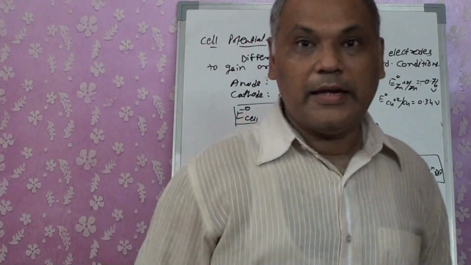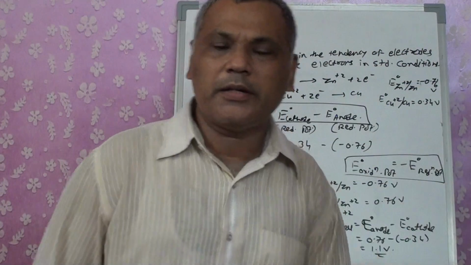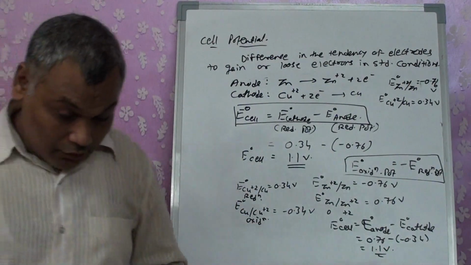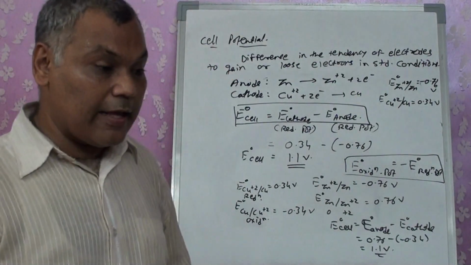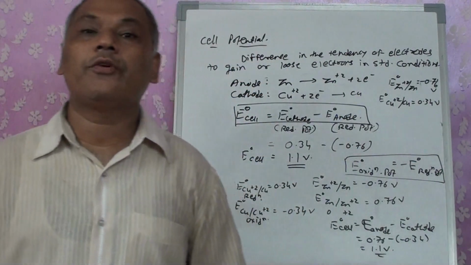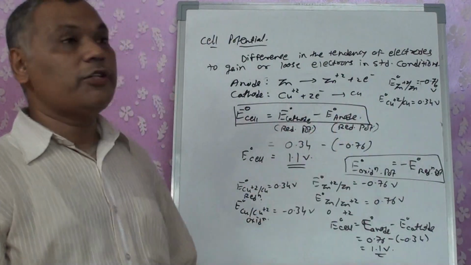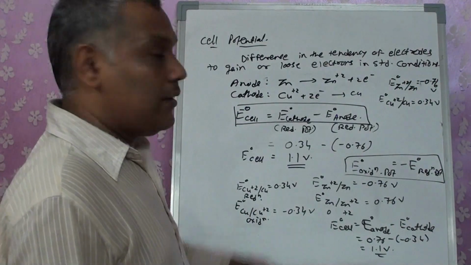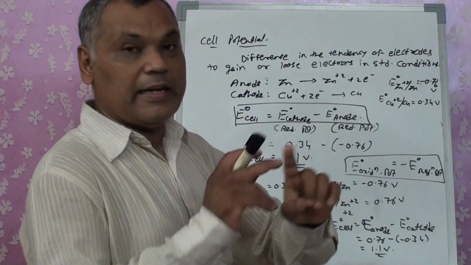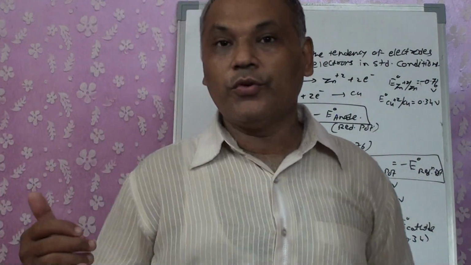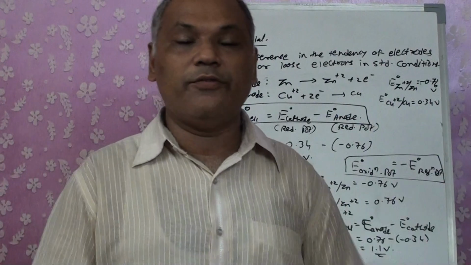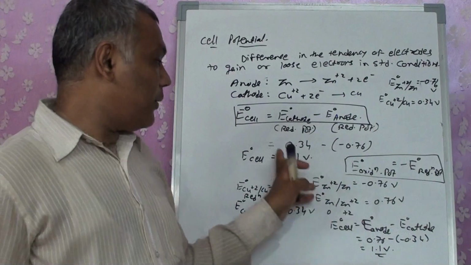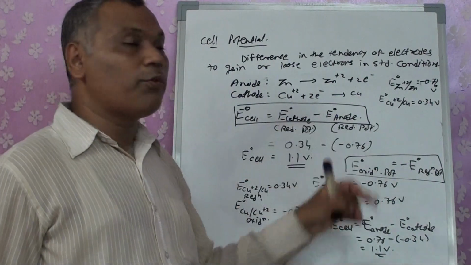But again, as I already told you, because we are having it in practice, we are aware of the potentials. But the question arises for the students: how can they recognize which one will go for anode, which one will go for cathode, and how these potentials are obtained? To calculate the potentials of these cells, the tendency is different in the electrodes, that means one is going to lose, one is going to gain, and we get the difference. Always it is represented on the galvanometer, that is 1.1 volt, but I can't recognize individual potentials.